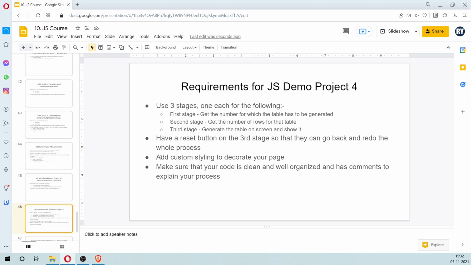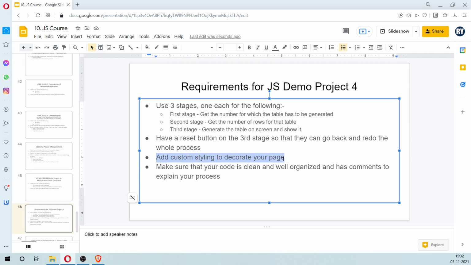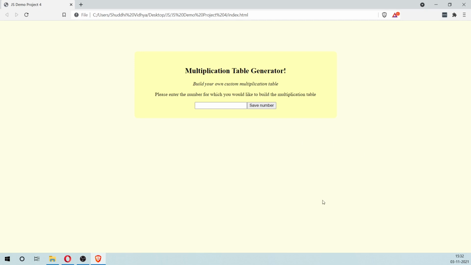And then you need to also add custom styling to decorate your page. You can see that I've added some background color here, and a background color for here, and the font is styled and everything is centered on the page instead of on the left side. You can also see that the table itself has a certain background color. This is just an example.